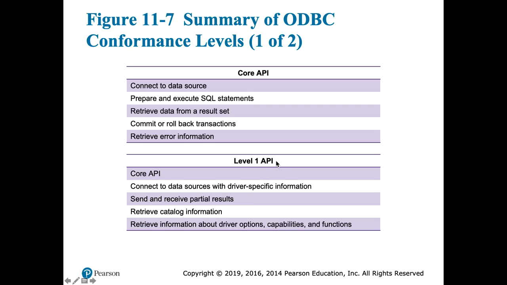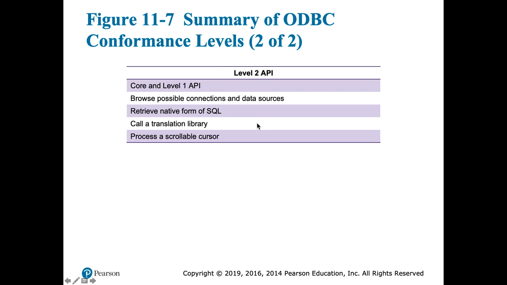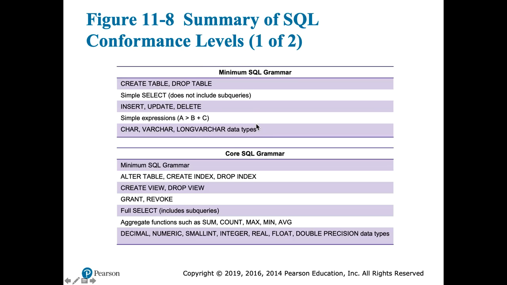So it depends on what kind of API it provides to you. The power you have to perform your job is different. So that's what they mean by the different levels of conformance. And there are also different levels of the SQL grammar you can use or cannot use at different conformance levels. Now this word is important when you are a buyer, right? So if you are a buyer, you want to buy